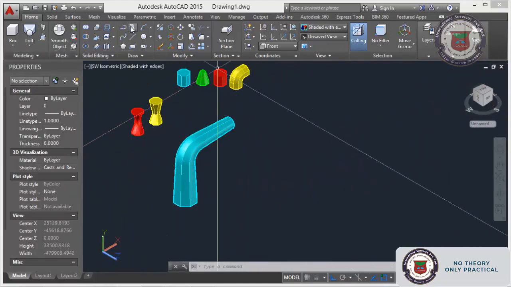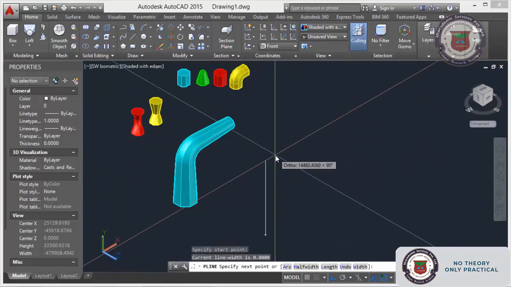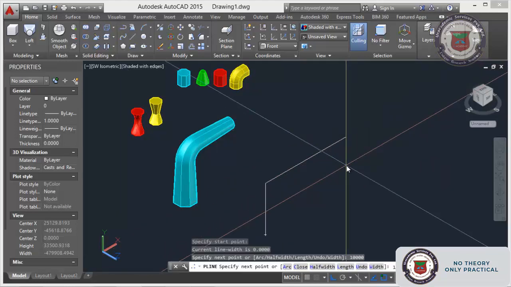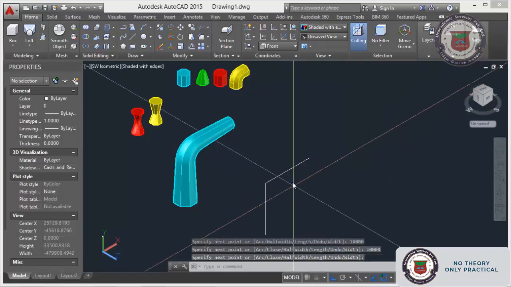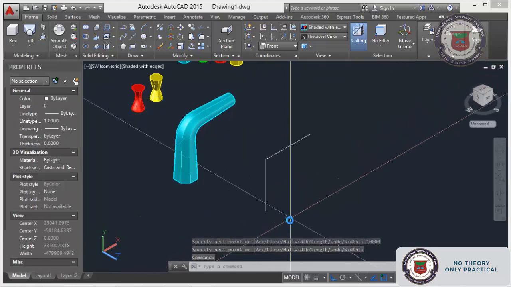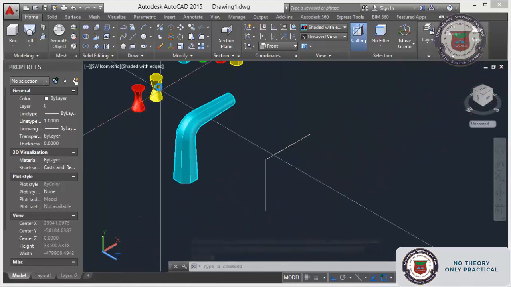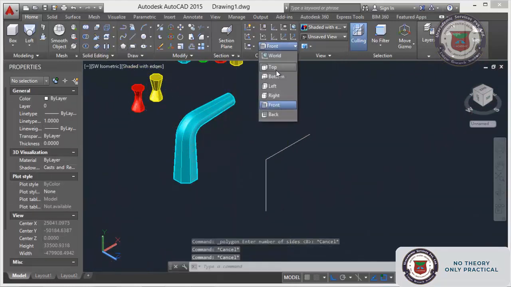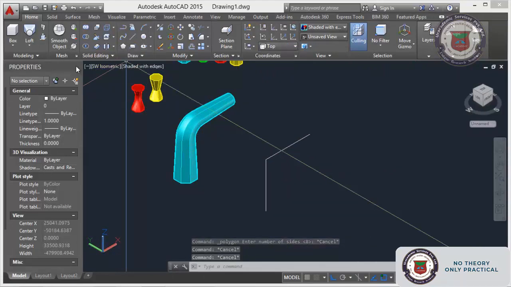I will make the polyline 10 meter by 10 meter. And this is for my reference only. I am not going to use this one. Okay, I will make the top view.